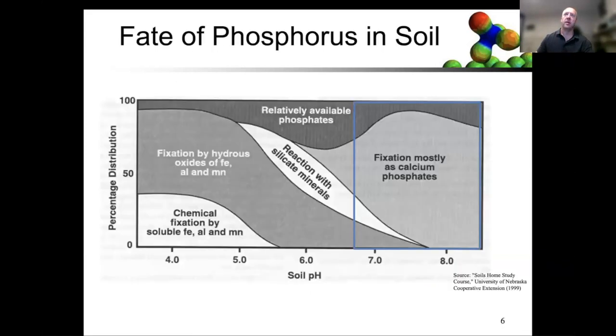And so, in fact, looking at the species that form, they have a large effect on the fate of phosphorus in soil. And we know this; we can look. This is the Soils Home Study course from the University of Nebraska co-op in 1999. So it's not super sophisticated science, but the trick is that I've made this little box around calcium phosphates,